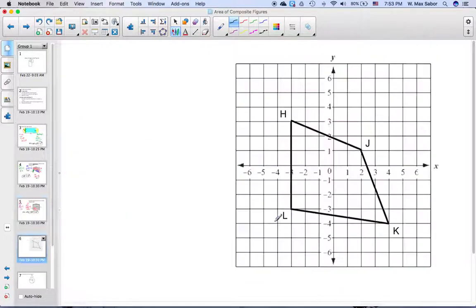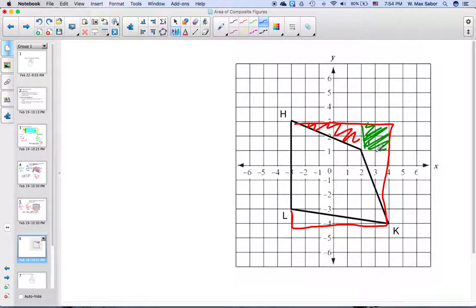Let's try a few more. Here, this shape could be split into smaller pieces, but I actually think it will be easier if we put a large rectangle around it and then subtract out pieces. So I'm going to subtract out a square, a triangle there,